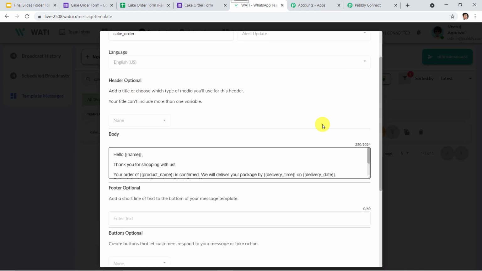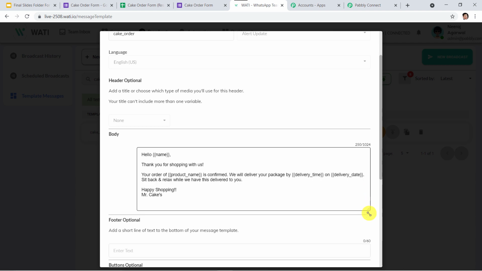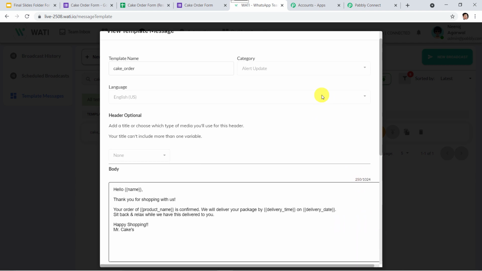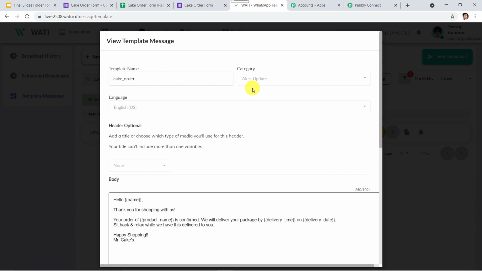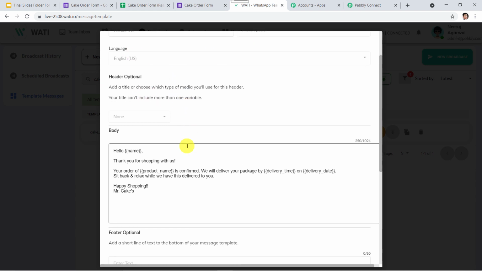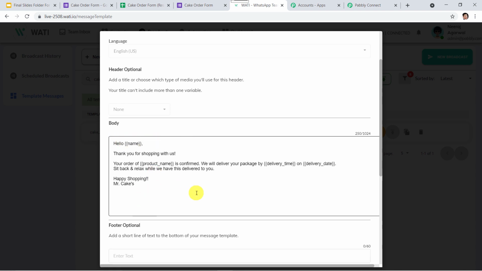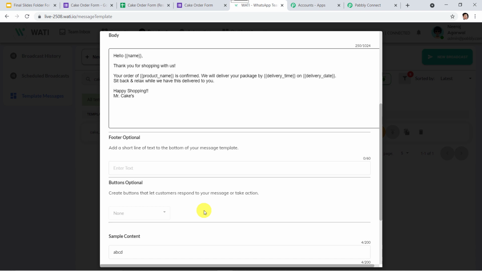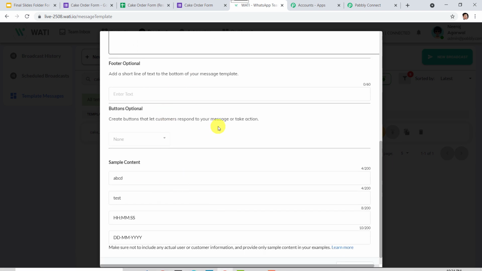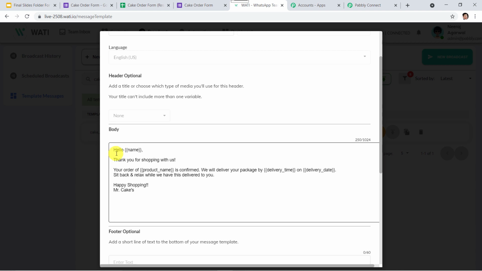So what is the template? A template is just a message which needs to be sent to the customer. I have given the template name, and you can select the language. Then you can give the body of the template, and if you want to add other messages, you can add them over here. Now I have created a template, hello, and I have given this name in curly braces. So what are these curly braces all about? Whatever data is in the curly braces is going to change every time. That is why I have kept these variables in curly braces.